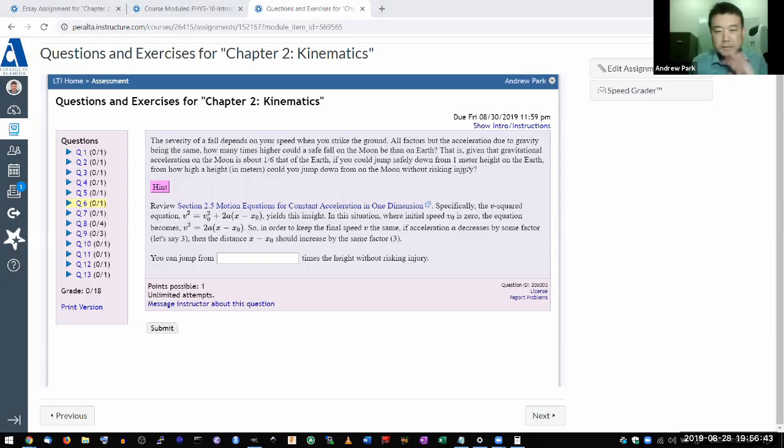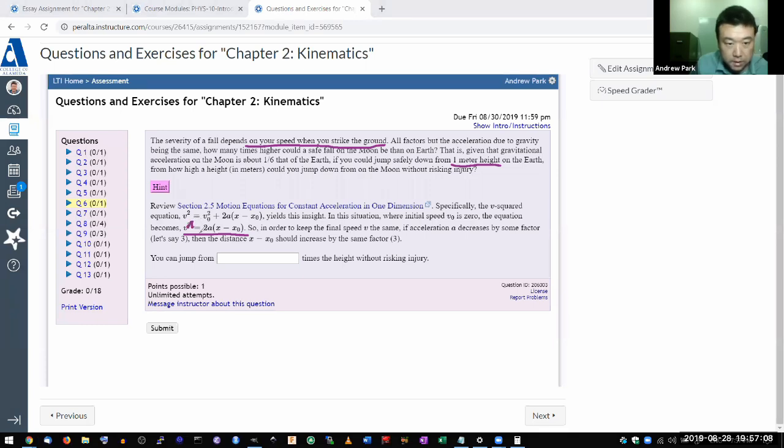So the problem just gives you information. Let's say 1 meter height is safe to fall down from on Earth. Since the question claimed the severity of a fall depends on your speed when you strike the ground, let's calculate that. I'm going to keep that the same. So using this formula here, speed when you strike the ground, I need to take the square